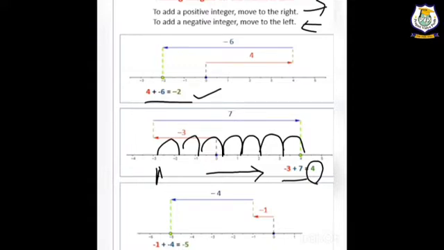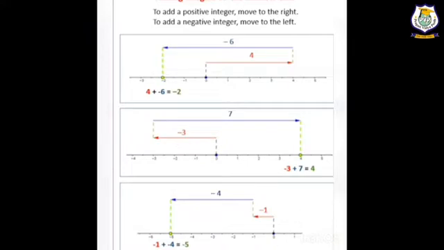Now we will come to our third example. Our third example is -1 plus -4. Our first number is also negative and the second number is also negative. Firstly we are indicating our first number, that is -1. Now the second number is -4. It means we will have to take the steps backward. How many steps will we have to take backward? 4 steps. So 1, 2, 3 and 4. How many steps have I taken? 4. And where am I? -5. It means our answer is -5. From these examples, I think you are more clear about the addition and subtraction of integers.